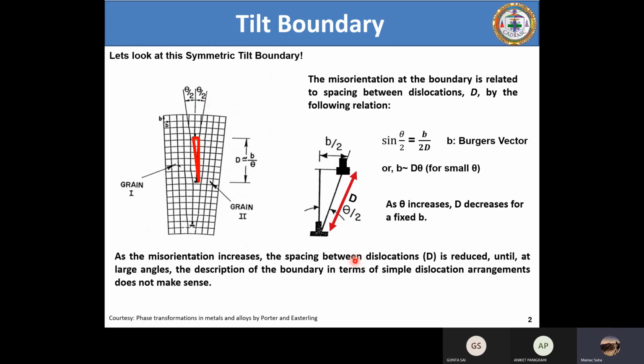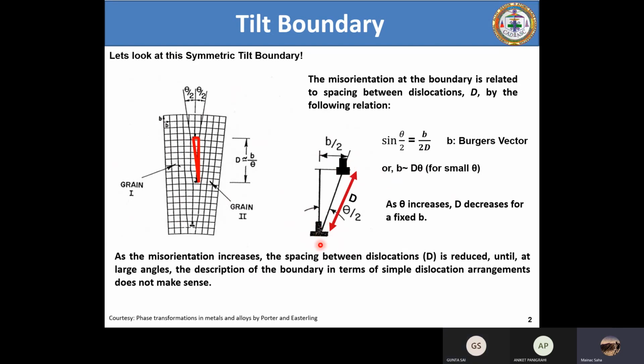So that is the reason why I said in the last class that 15 degrees is the threshold that Read and Shockley proposed. It is also called the bubble raft model, based on which you can separate a low angle boundary from a high angle boundary. Let's not go into the details of high angle boundaries, since we are focusing on the low angle boundary. If you go beyond 15 degrees, this model will completely fail because the cores of both dislocations will start merging, and then you are in huge trouble because the model will not work. It will continuously fail because this leads to instability, right?